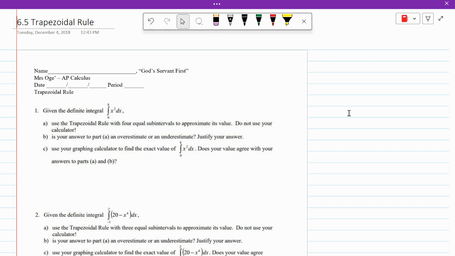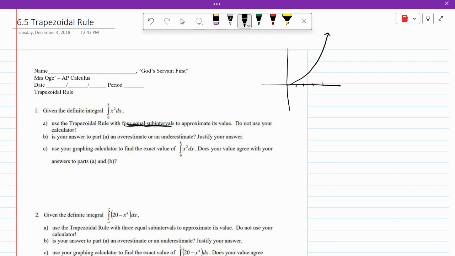So let's look at the example: given the definite integral from 0 to 8 of x squared. Well, let's see what that graph looks like. We've got 0 to 8. I'm going to do 2, 4, 6, 8, only because I see they told me to use a trapezoidal rule